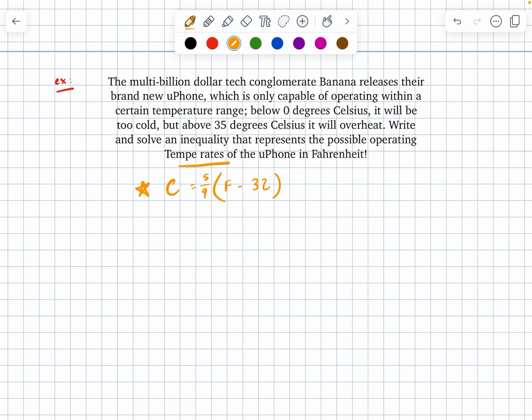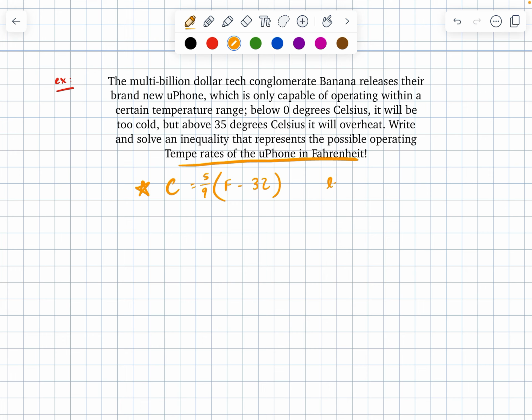So with all of this in mind, the variable that I'm going to be working with, right, I'm trying to find the temperature in Fahrenheit. So let's let that variable F represent the temperature of our phone in Fahrenheit. Cool. And now, well, what do I know about the temperature in Celsius? So Celsius temperature, in other words, C, has to be